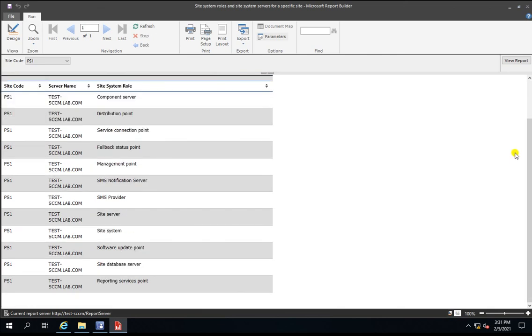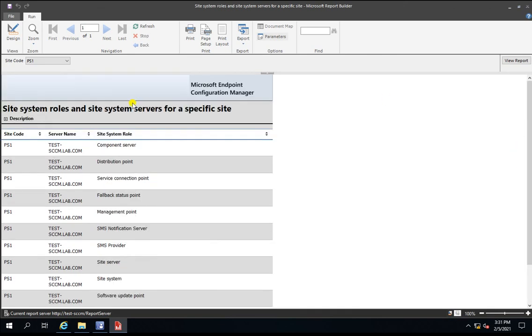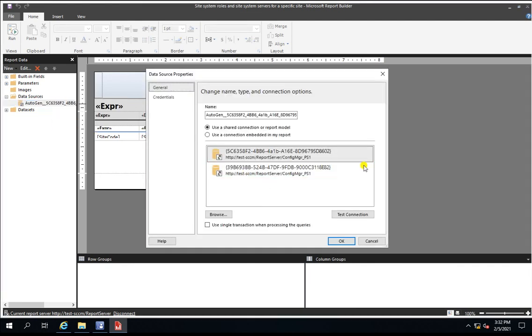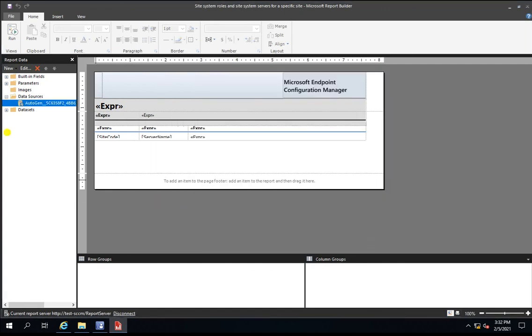So I have given just an example of how you can see that. If you want any modification inside the report, go to the designer mode, and here you can see the database is automatically taken. If you go here, you can see which database it is using. If you want to rename it, you can rename it here, but don't modify anything in the existing report. You can download the report and then do R&D on that.